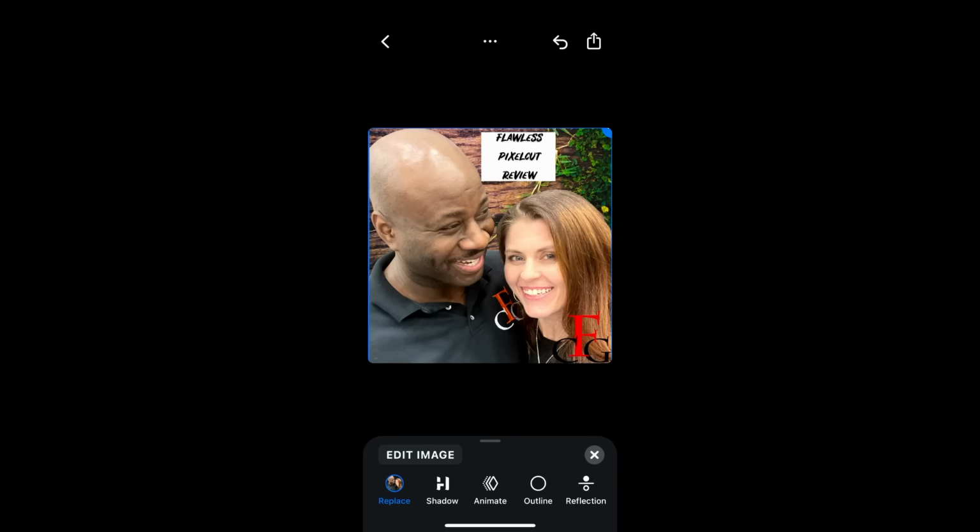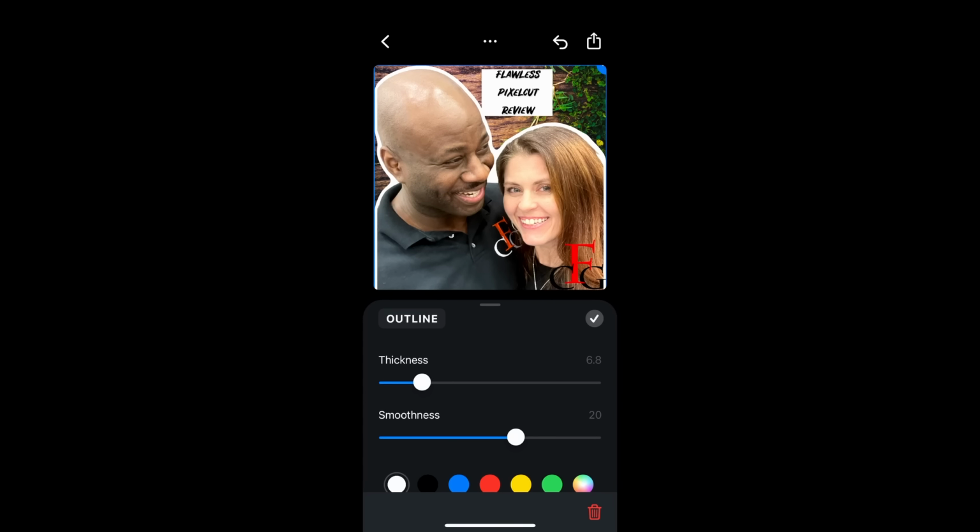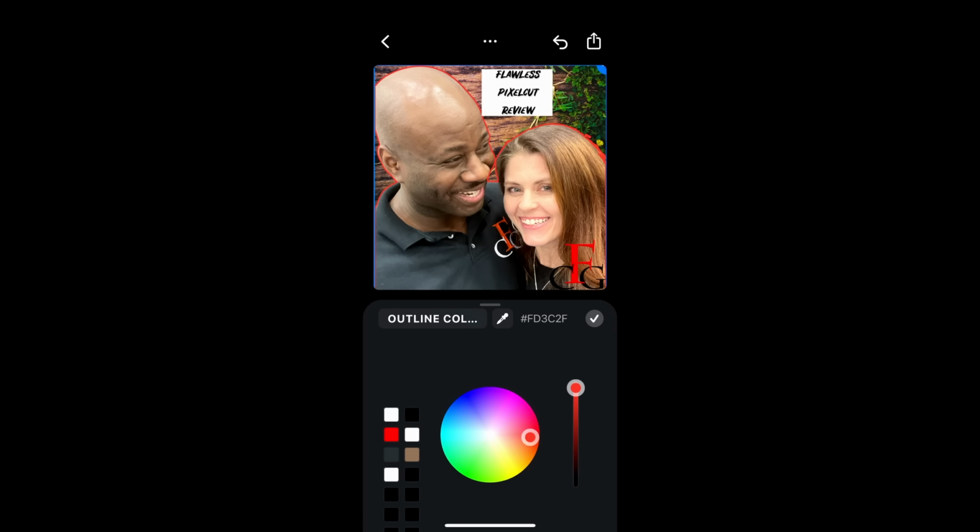And I think I am going to go ahead and outline this picture, but I'm going to play around with obviously the sizing of it. Very small, and then I'm going to bring the smoothness again all the way down, and then I actually am going to also change the color on this. So as you can see, I'm rolling through the colors. There is sort of a tan color, so I'm going to go with that, and then I'm going to play